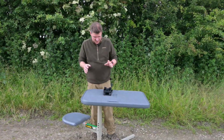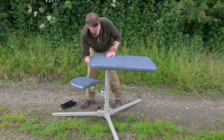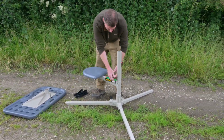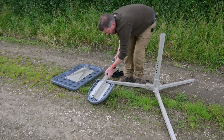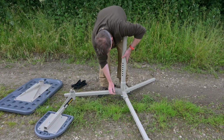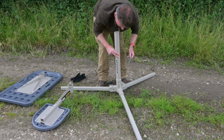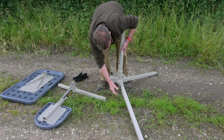Right, you've seen me build this straight from the box, real time. I'm going to take it down now and see what it's like for component parts for carriage. So if I take the top off, that's going to go there, and then I just pull the pin here for the seat. That we can put down there. I'm just going to put these in my pocket for now, and then similarly I can pull the pin on each of these three legs, pop them in my pocket, and then those will slot out,